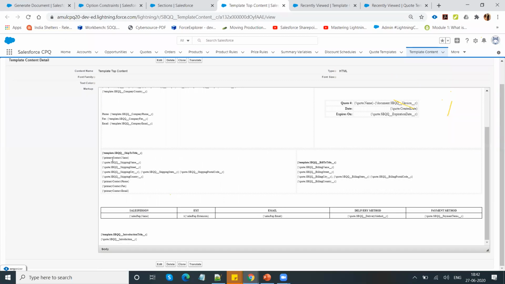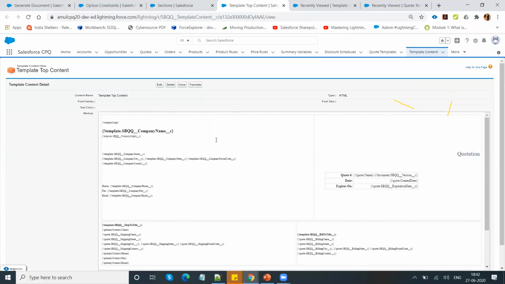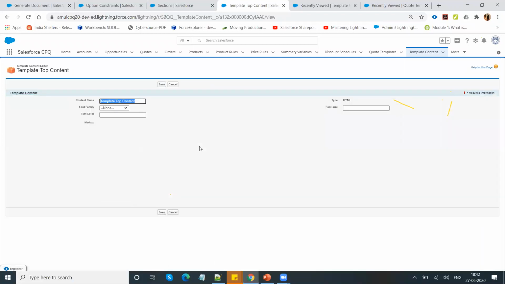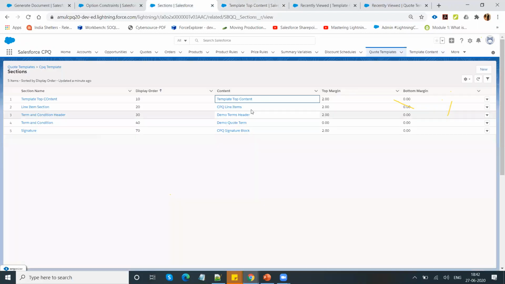You can read the primary contact name, the quote shipping name, the quote shipping address, and my salesperson name. These are all default fields available under the Salesforce CPQ program. This one comes under your template content tab, and you can edit the value if you wanted to change anything here. After defining this template content, you will have to create the section and give the ordering sequence.